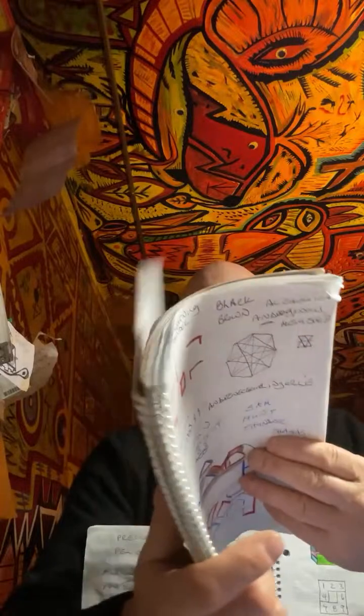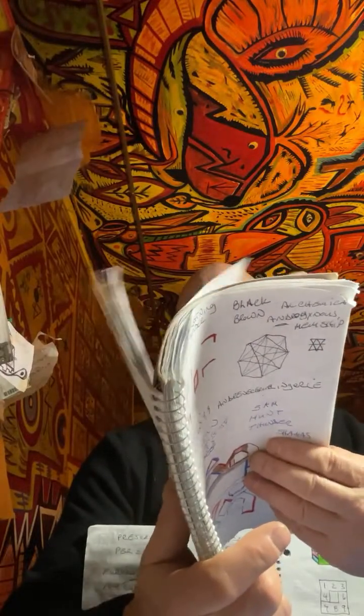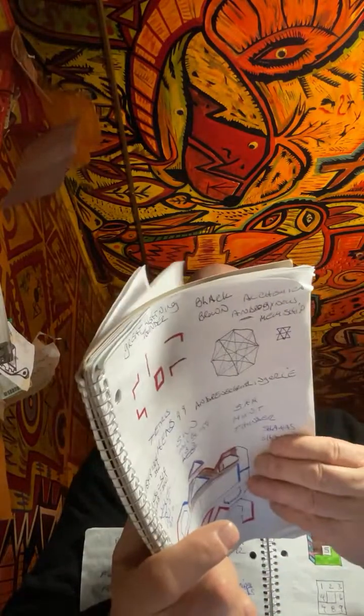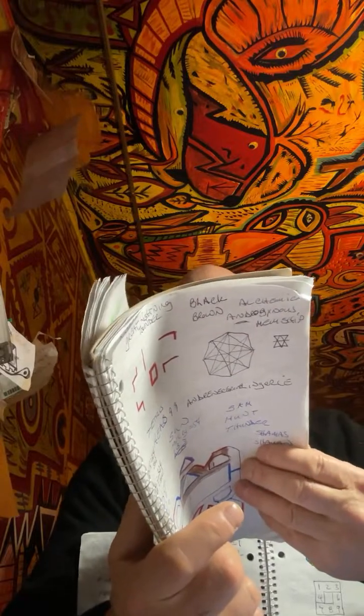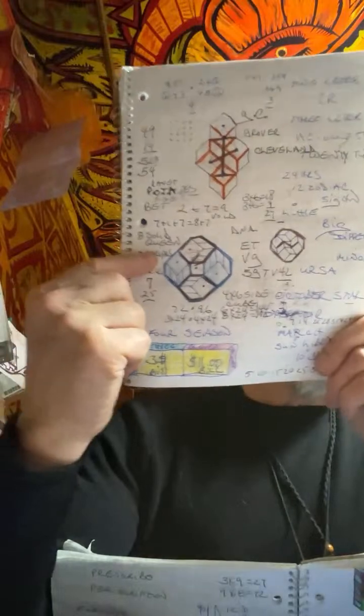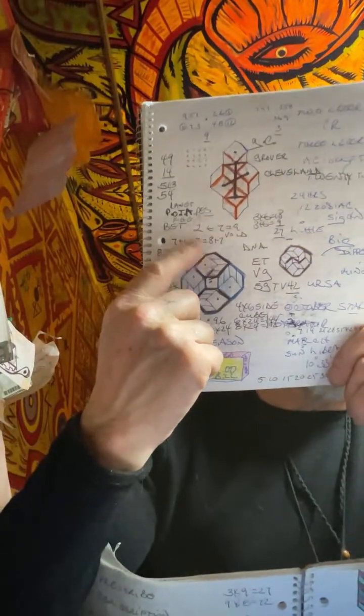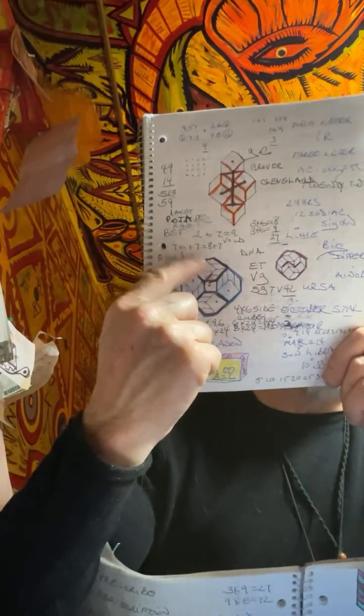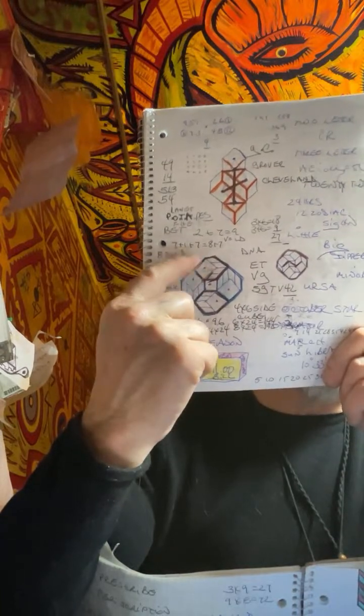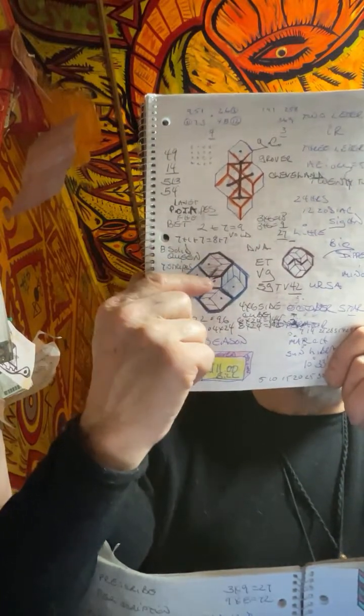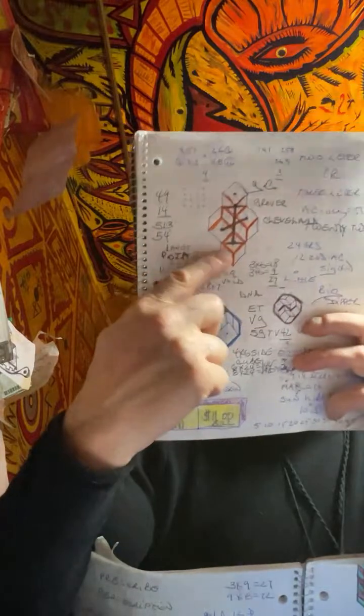Air, the cat, 24 equals 6. It's the hexagon. You have 4 hexagons, creates an octagon. You fill the heart with life, you pull it closer